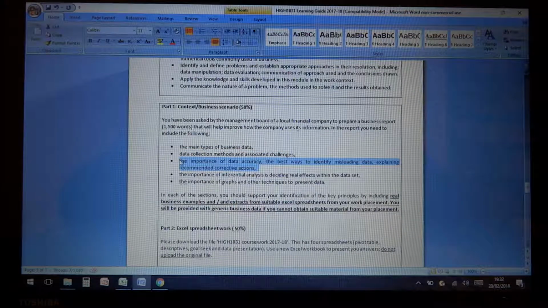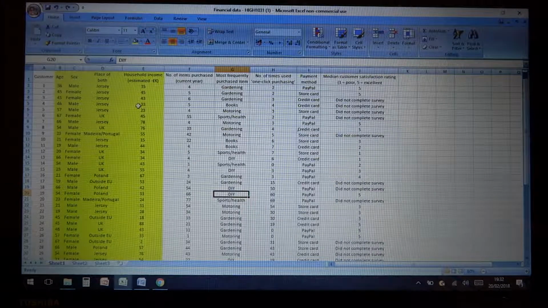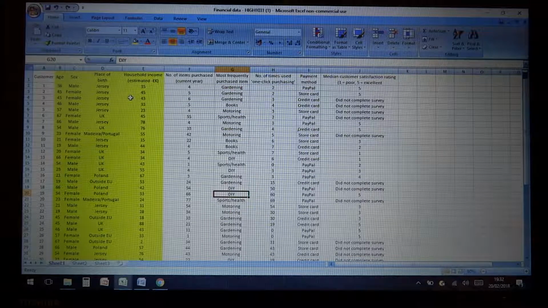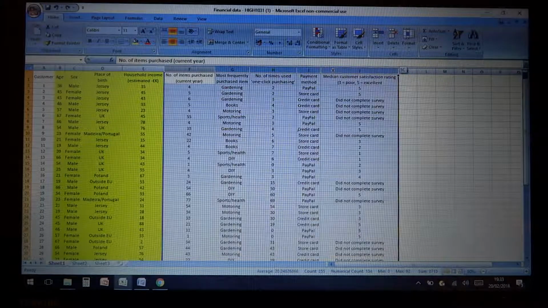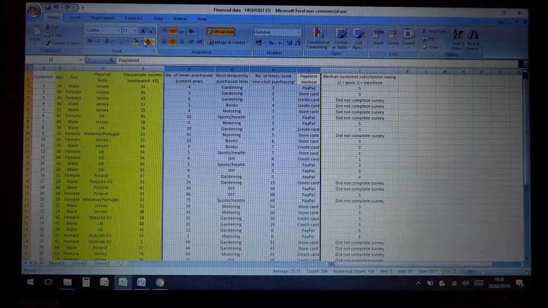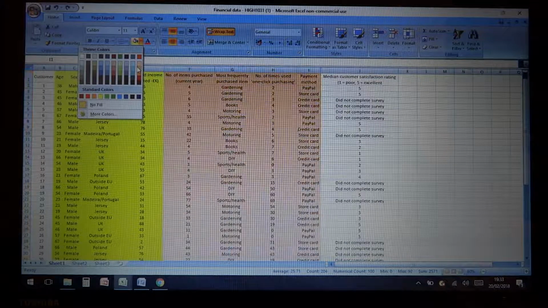Okie dokie. So let's move on to the third point, the importance of data accuracy and the best ways to identify misleading data and recommend corrective actions. Okay. Data accuracy is obviously important to businesses because if data isn't accurate, then it's more or less worthless. Now, we're assuming this is automated data, so it's going to be accurate. So long as people give the correct demographics, everything they put here, or these items here, look, everything they give up to this point, these highlighted items here,